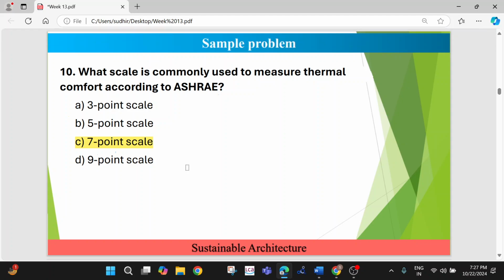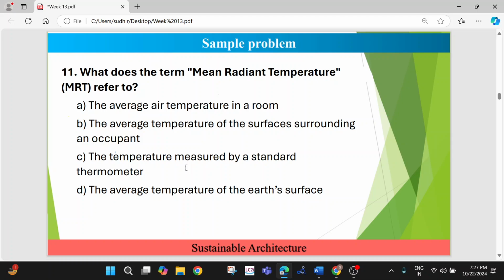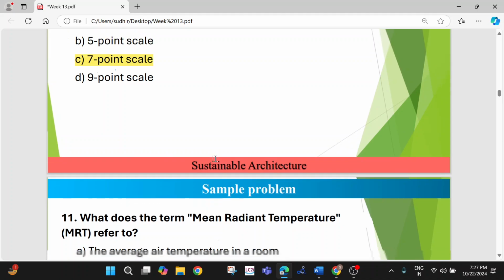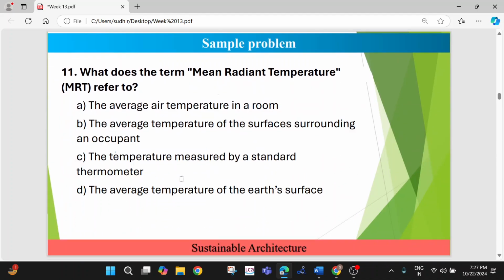So here is the next question, question number 11. What does the term MRT refer to? So try to give the answer to this question correctly as well. What do you understand by the term mean radiant temperature? Out of the four options,